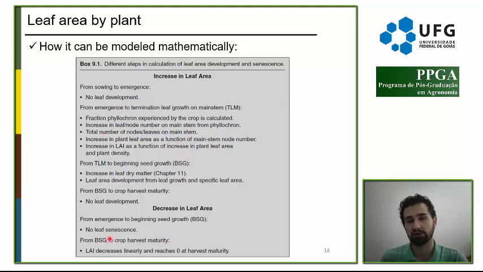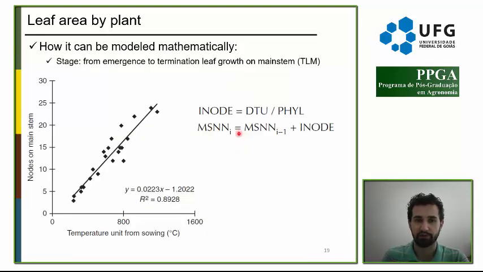So we are simulating the leaf growth as more stable during seed growth, and after this period the crop will reduce to zero because of translocation. This is a very simple way to simulate the leaf area index following these different crop stages across the cycle. To make this model, the first thing that you need to define is, in function of our stage, from emergence to termination of leaf growth on the main stem,